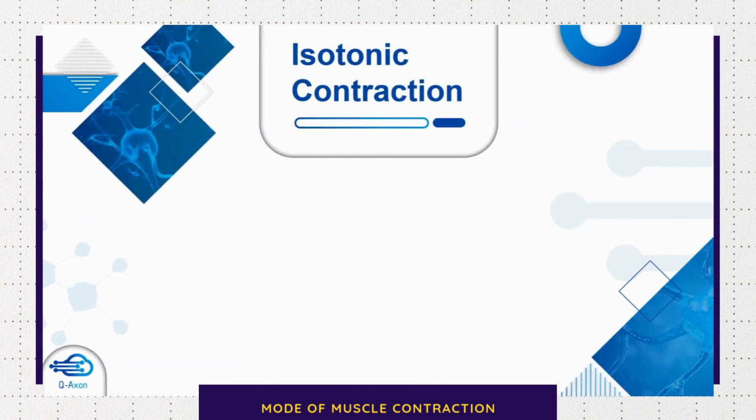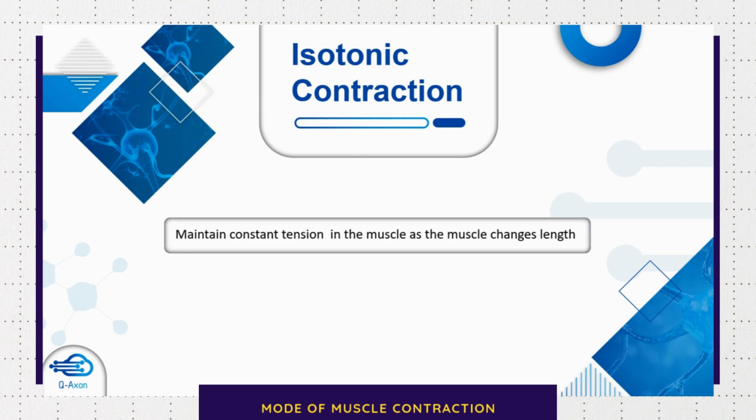Let's look at the first type of contraction, that is isotonic contraction. Now let's use an example to understand this. Say you're lifting a bucket of water. Now you need a certain amount of tension in your muscle in order to be able to lift it. Now to generate this tension, your muscle contracts. That means there's a change in the length of the muscle. So this is called isotonic contraction because here, in order to generate that constant tension, the muscle has to change